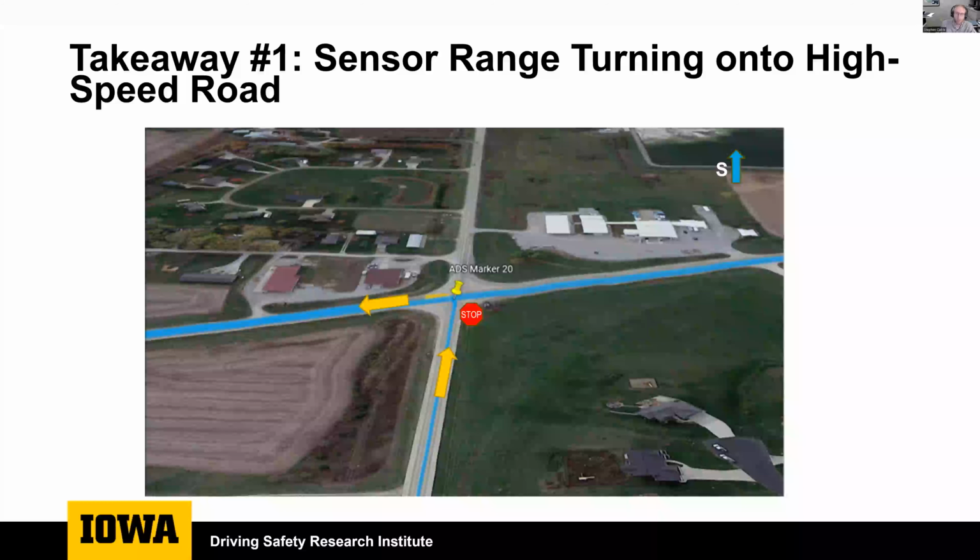So one of the first takeaways we wanted to delve into was a repeat issue that we saw over the course of the entire project. It was this intersection between a county road and a state highway. Planning-wise, our vehicle would head south on that county road, which is headed towards the top of the picture you see here. It would stop at a signed intersection and then turn left across traffic to head east towards the casino in Riverside. The cross traffic speed limit was 55 miles per hour, and they did not have to stop at the intersection. So it created an interesting interaction.